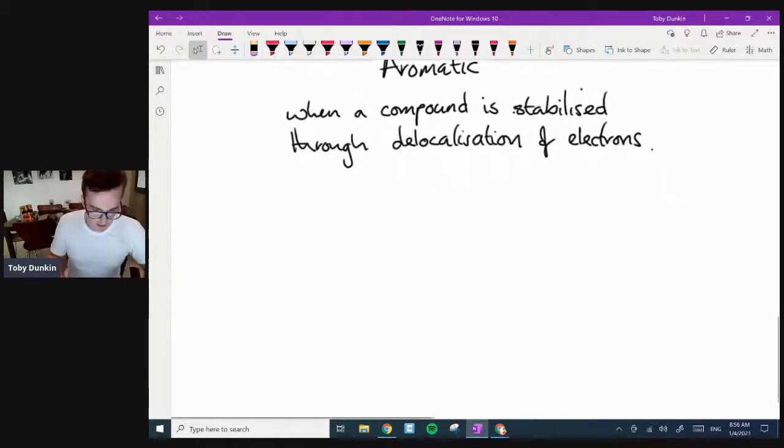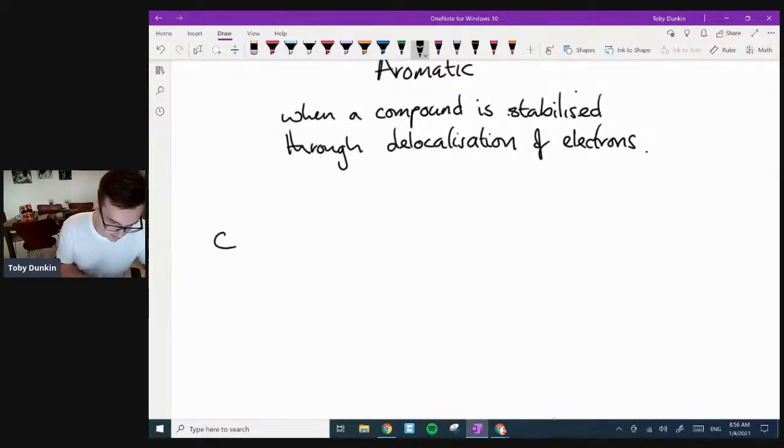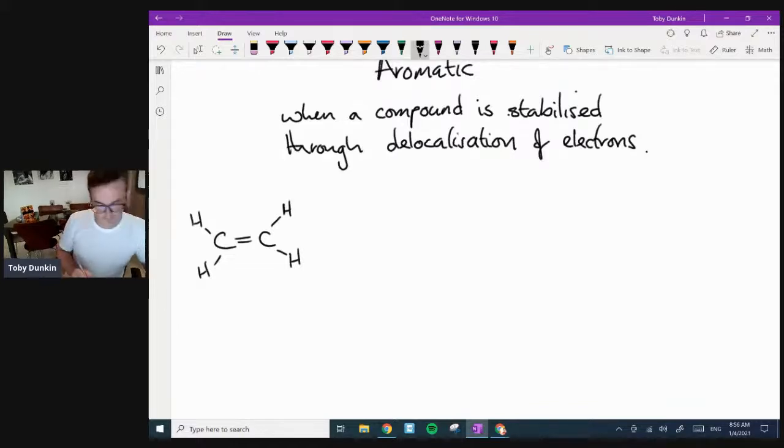So, when we first introduced you guys to alkenes, you can all have a go at naming this guy, the simplest alkene there is. There we go. So when we introduced you to this one, which of course is ethene, one of the first reactions that we talk about with these compounds are addition reactions. This is because they tend to go through addition reactions rather than substitutions, because the double bond is reactive. It can break open and we can add things to this.